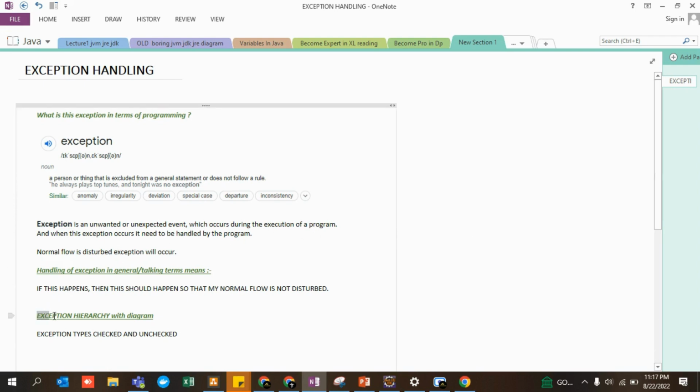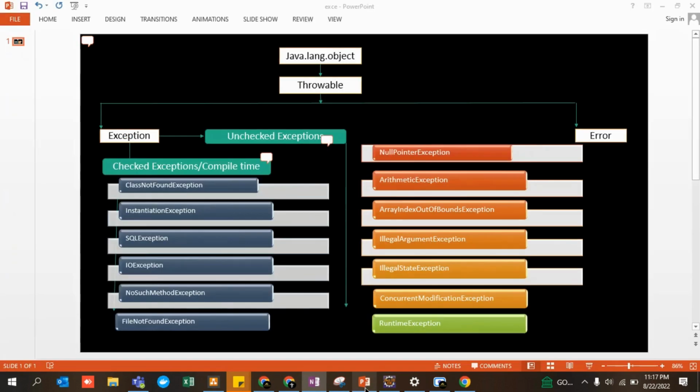So first of all, we need to understand this exception hierarchy diagram. Only then you'll be able to proceed ahead, right? I have jotted it down over here on this PPT. This is your java.lang.Object, this is the class, and this is Throwable. It is divided into two parts: one is your Exception and one is your Error. Error, as I've already said, I'll be discussing everything in detail, demo-wise. I'll tell you what errors are all about and the differences between exceptions and errors, but please stick over here with respect to exceptions, right?